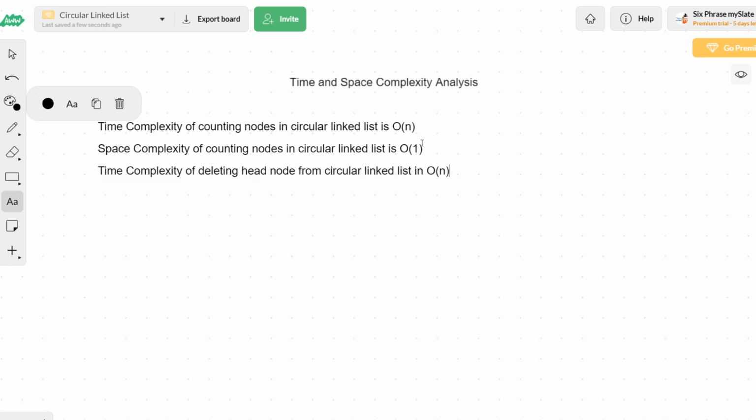order of n. But one thing that we want to do, we want to compare this time complexity with the time complexity of deleting a head node in a linear linked list instead of circular. In linear linked list, we have seen in the time and space complexity analysis that deleting a head node is actually order of 1 time complexity. That's constant time. But here in circular linked list, it is order of n.